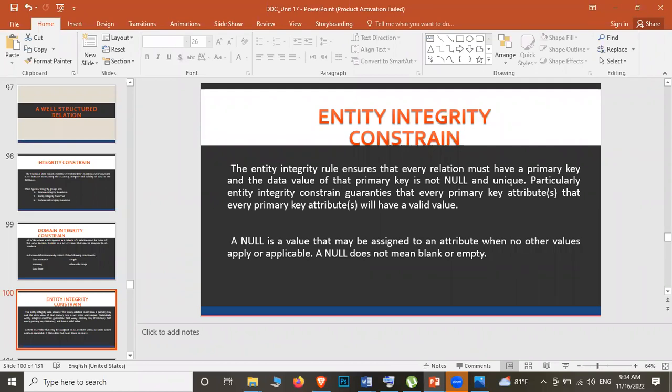Okay, assume. Then he says he doesn't have an email address. Then what will happen is a null value will be placed in that particular place. Okay, null means there is nothing there. But instead of nothing, instead of blank, there would be some other value like zero placed there. You can't call it empty or blank, but a value like zero is placed there.